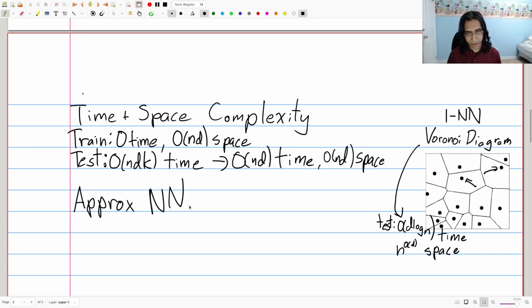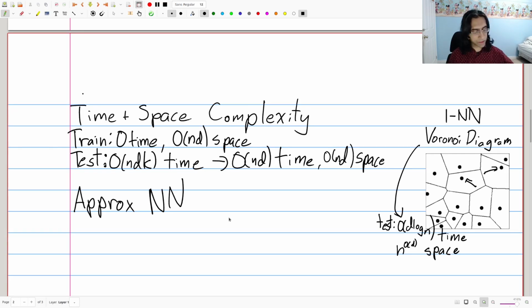These are algorithms which are meant to do some sort of approximation and then do faster things there, but I won't get into that. But those are ways that we can get around these barriers, which, just to summarize, things either take a long time at test time, O(nd), or they take a lot of space, and even this is just for the simple case of one nearest neighbor. Cool. So we've talked a little bit about the